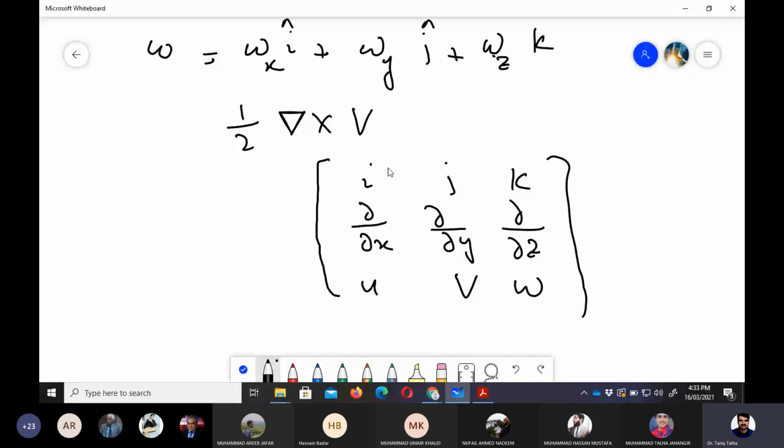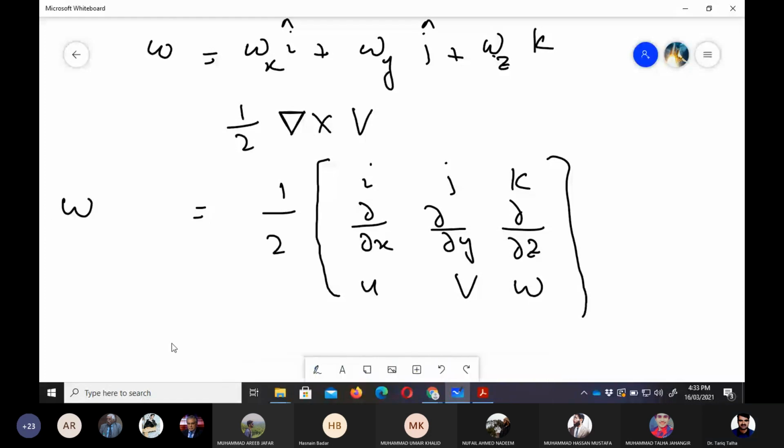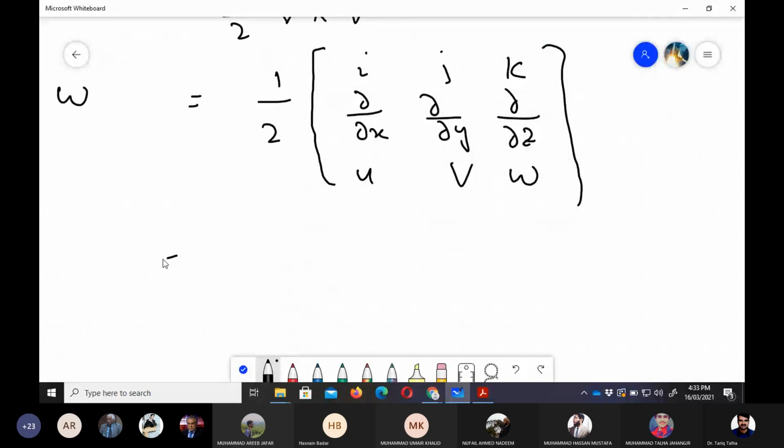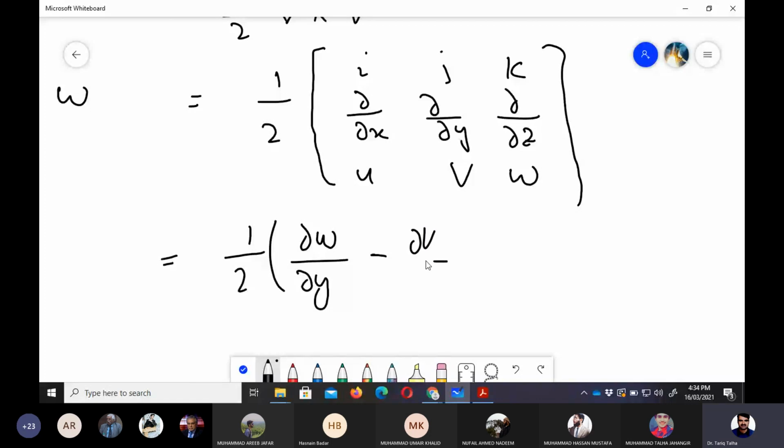Okay, and this is the rotation. ठीक है, so if I expand it, यहाँ पे क्या आ जाएगा, half into partial w by partial y minus partial v by partial z, इसके साथ i आ जाएगा,